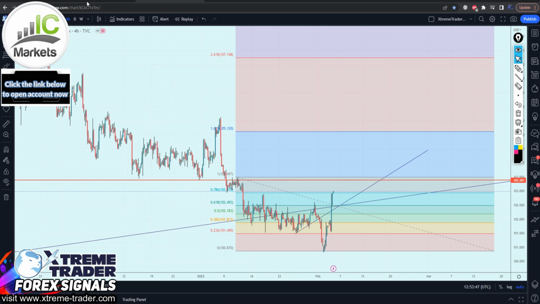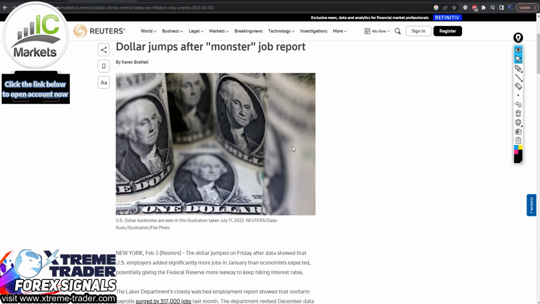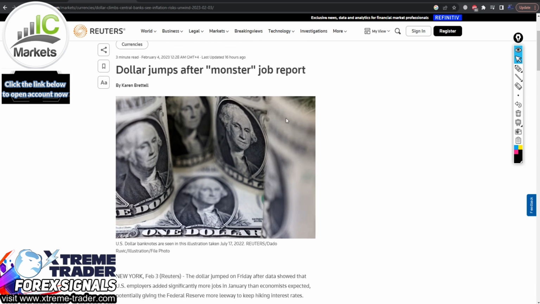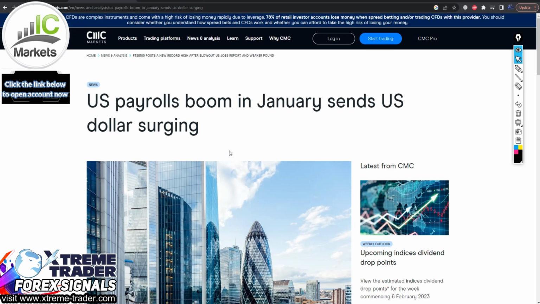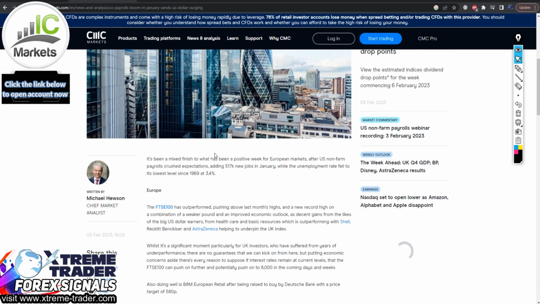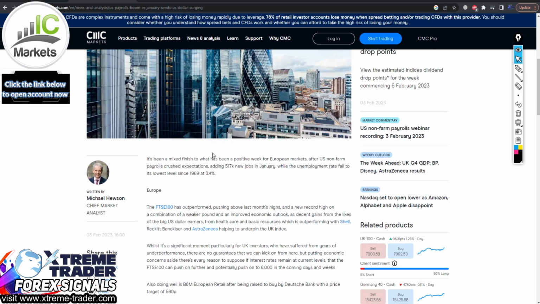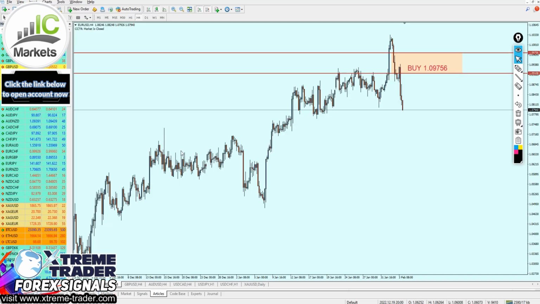However, besides that, I'm also analyzing the dollar through articles. I'm reading some articles here and there. This is, of course, one of them. If we press the back button, you will see that I'm reading multiple articles about the dollar, what's going to happen with it, how it's going to react this week, and what the predictions are on the dollar movement.